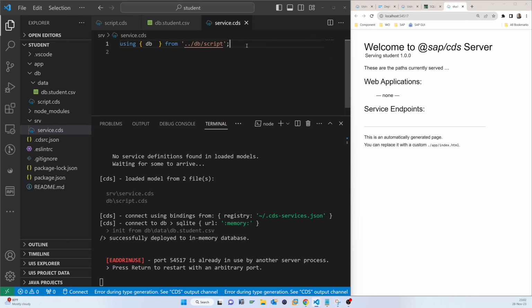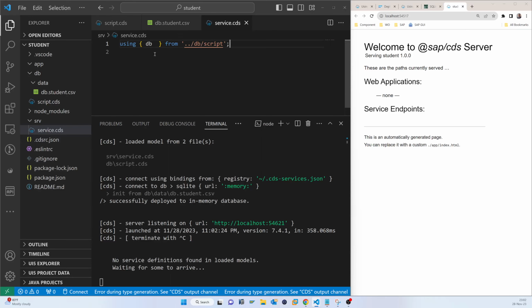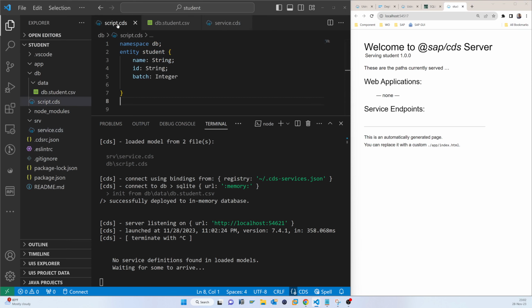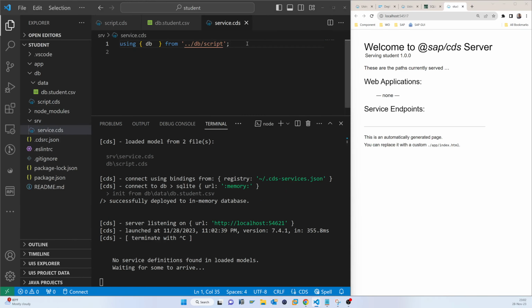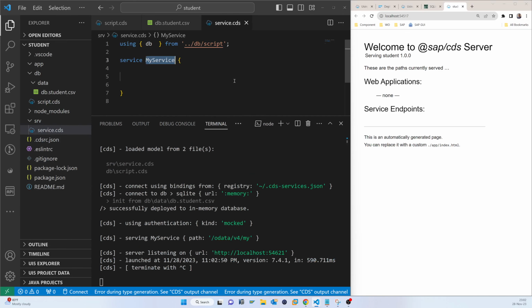So in that service we are creating a, actually in that project we are creating a service. This service will come data from that script. Okay, so still there is nothing. So now we have to create a service like service my service, just save, and you can see that it is already refreshed here. So if I click here,